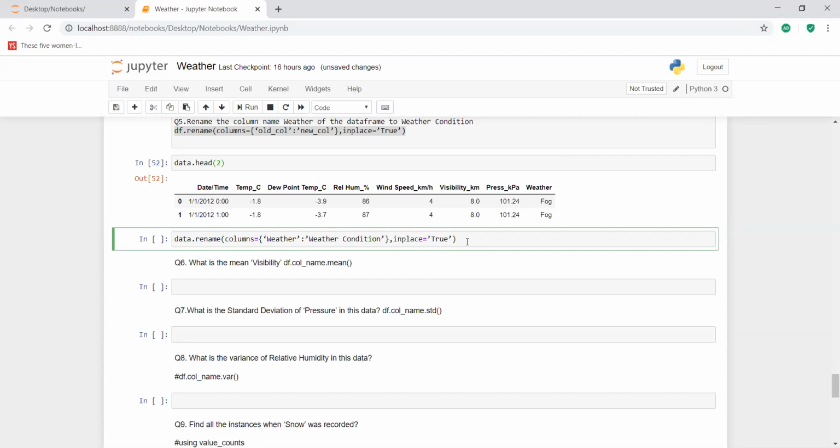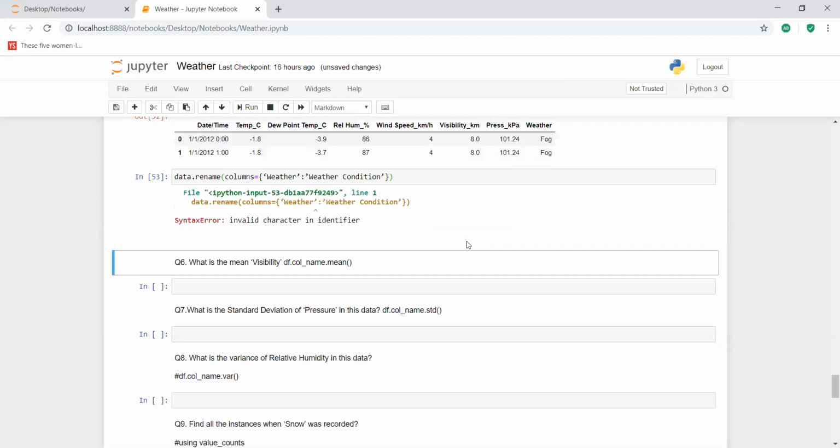Okay, so now I'll show you what is happening without this inplace equal to true. I'm just executing it.